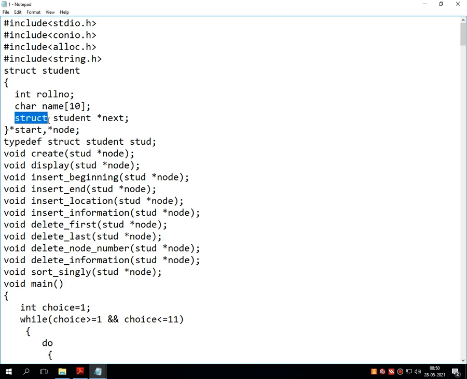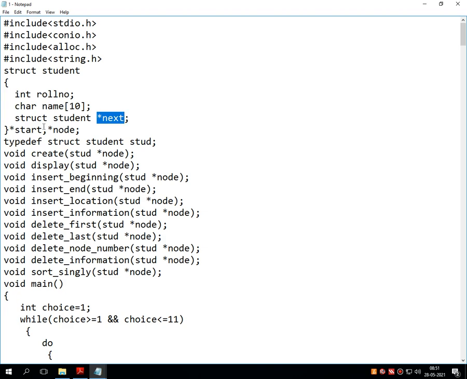Then that student structure has a pointer called next, which points to the next node. If you remember, in the linked list, the first node references the second node, which references the third node, and so on. So for referencing the next node, there is a pointer variable called next.